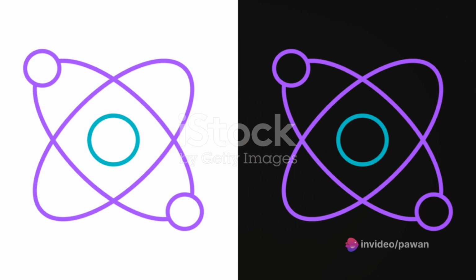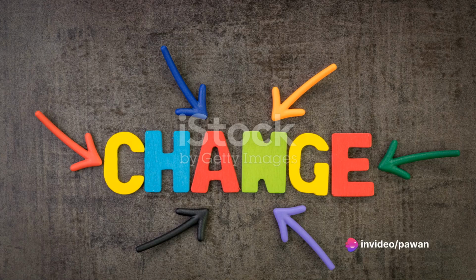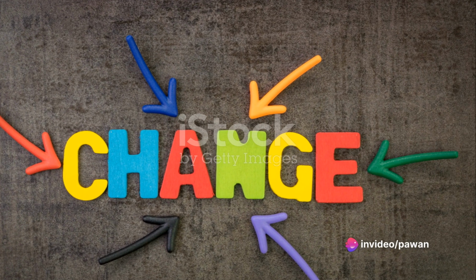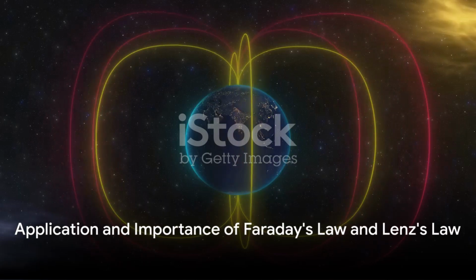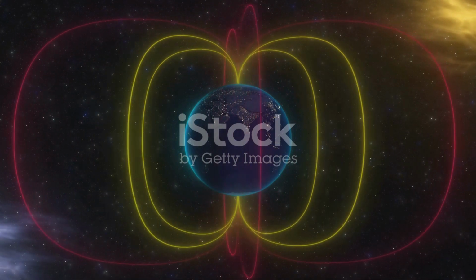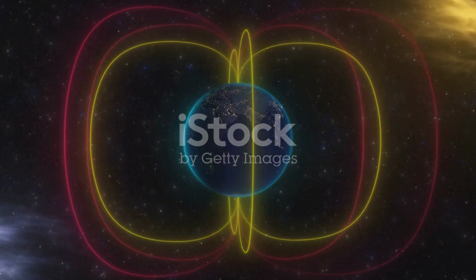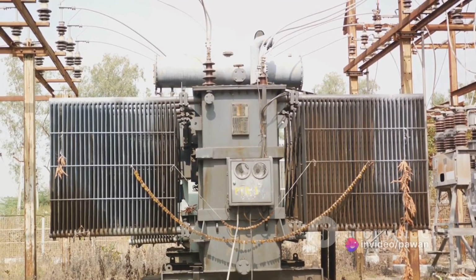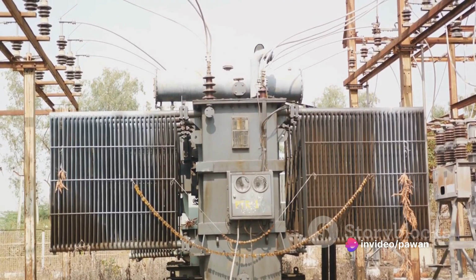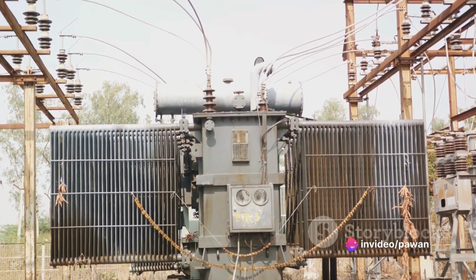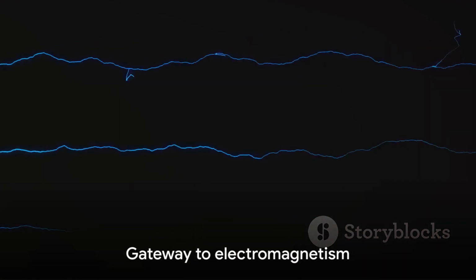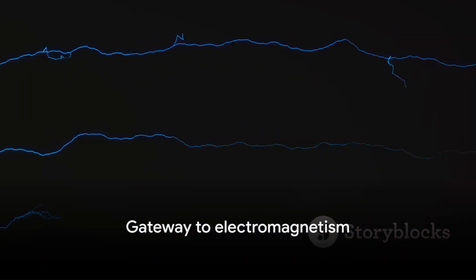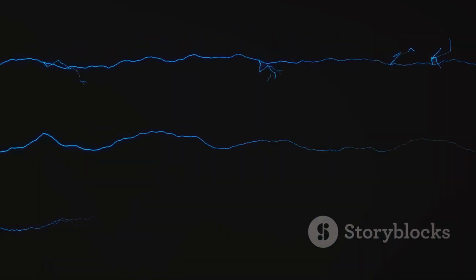Lenz's law can be articulated as the induced EMF generates a current whose magnetic field opposes the change in magnetic flux. Together, Faraday's law and Lenz's law explain how a changing magnetic field can give rise to an electric current. These laws are crucial in understanding the functioning of electrical generators and transformers, as well as the behavior of inductors in electrical circuits. To sum it up, Faraday's law and Lenz's law are the gateway to understanding the fundamental principles